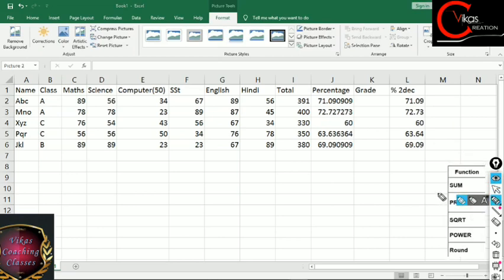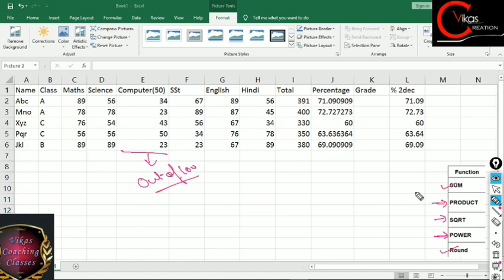So here I have pasted this little sheet. So just now we have discussed about sum function and round function. Now let's discuss about these three, that is power, SQRT and product. Fine. So product is written over this side and power is written over this side. Now let's suppose we have to multiply some values. Well, let's suppose when I was calculating the result of the students, I have suddenly found that I have to convert these marks of computer out of 100. Fine. So I have to convert these marks of computer out of 100.